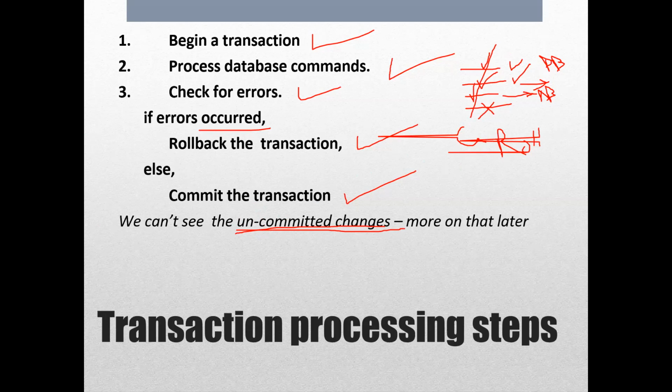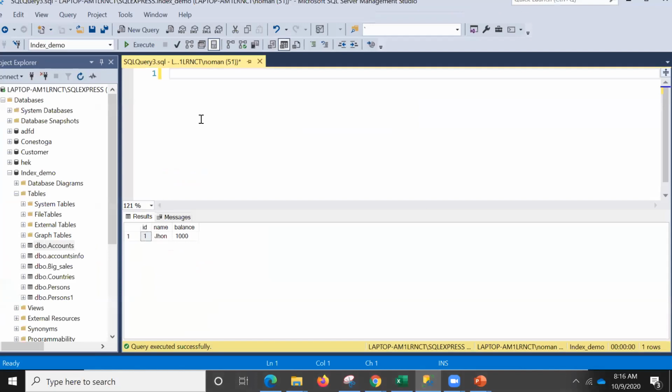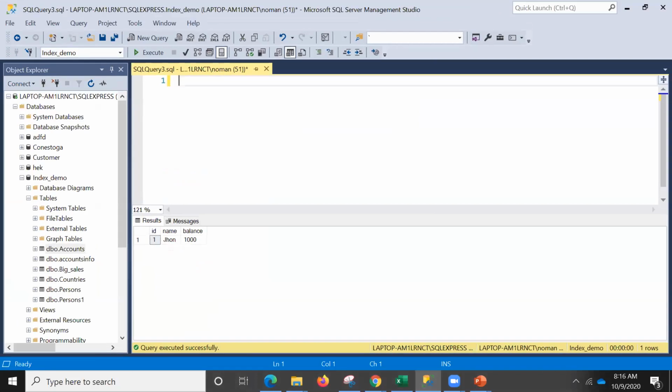Now I would like all of you to open up your Management Studio. I hope you can all see the Management Studio now, and we'll try to do something interesting and see what the transaction does for us and what the transaction is all about. So all of you have Management Studio open. I'm expecting everyone to have this open. Okay, thank you, John. Thank you, Ethan, and thank you, Marisa. Yes, now you have that.